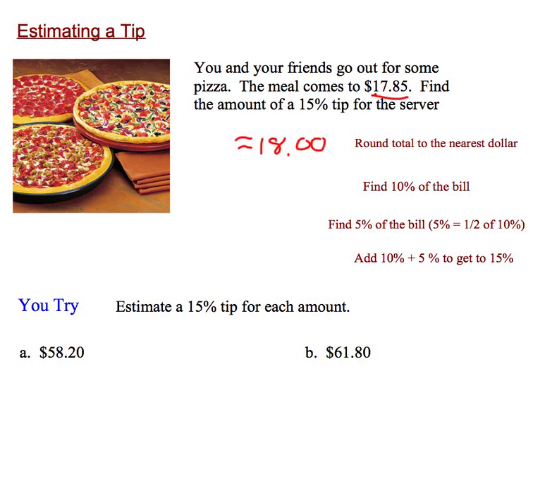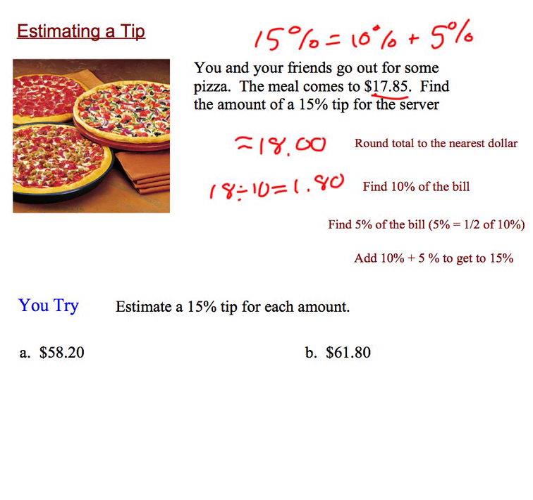Now, the cool thing about 15% is 15% is the same as 10% plus 5%. And the cool thing about this is 10% is an easy one to find. If you remember from a previous lesson, finding 10% of something is the same as dividing by 10. So I take my 18, I divide it by 10, and I've got